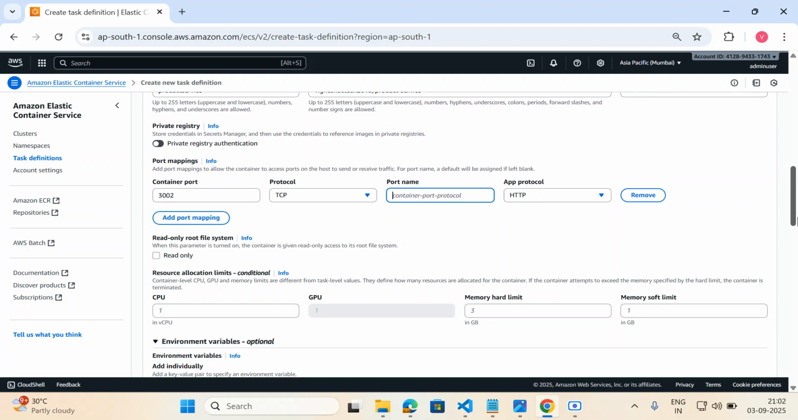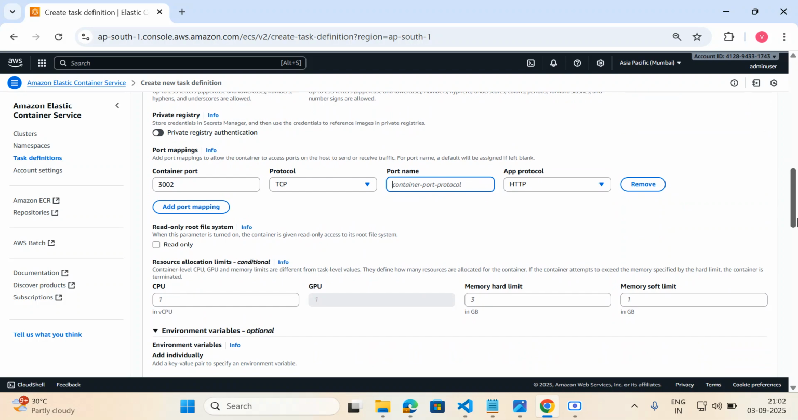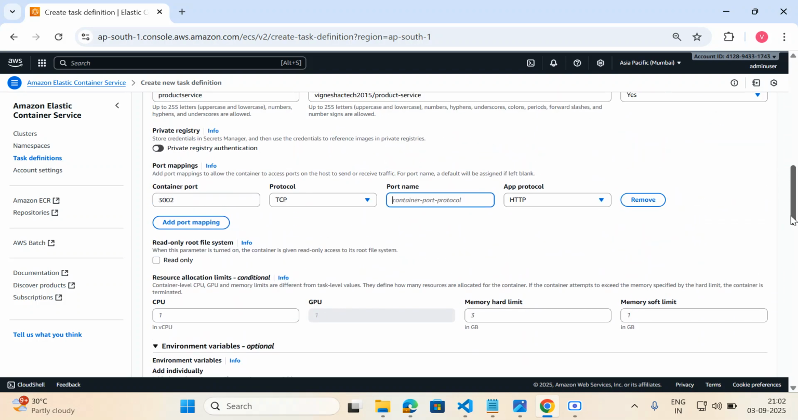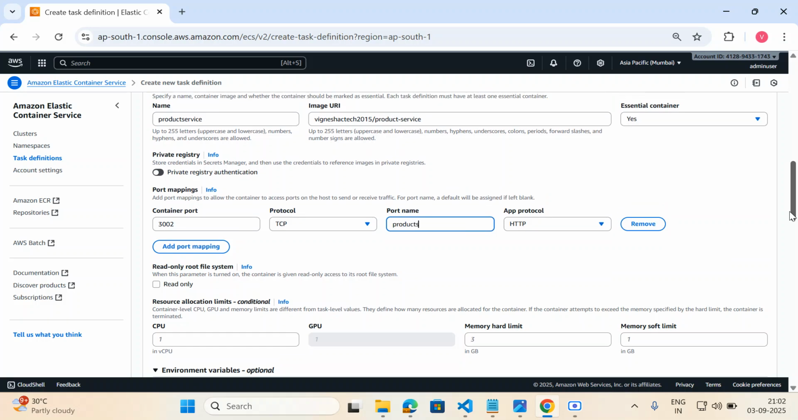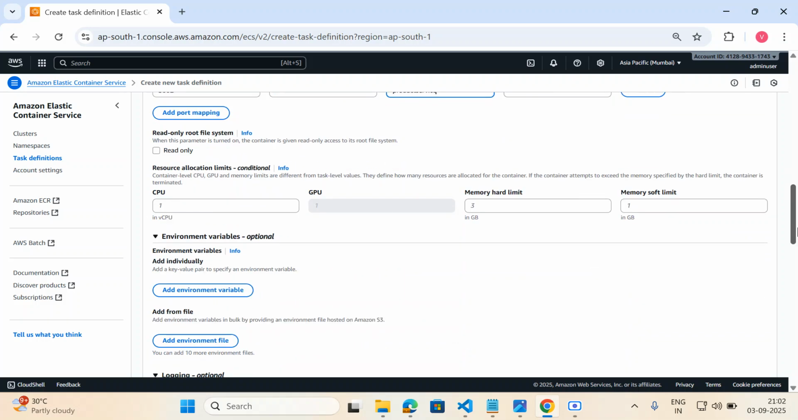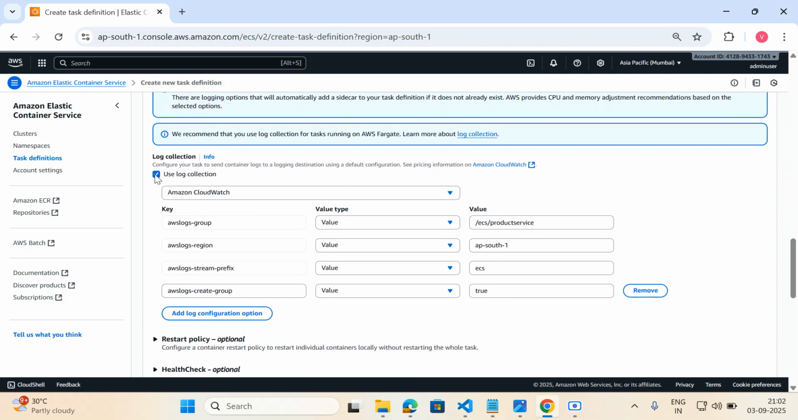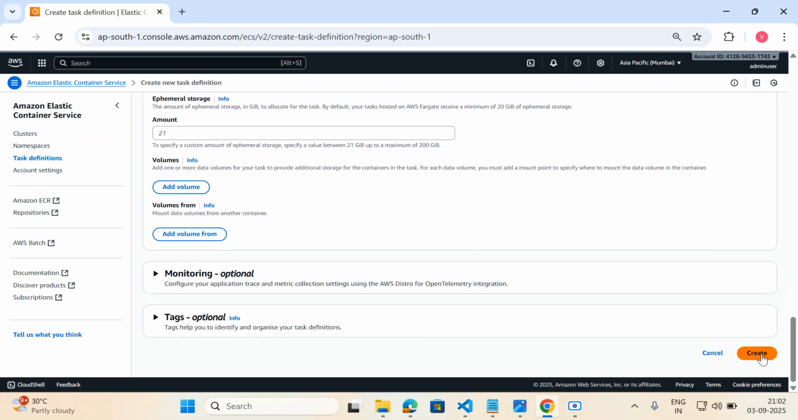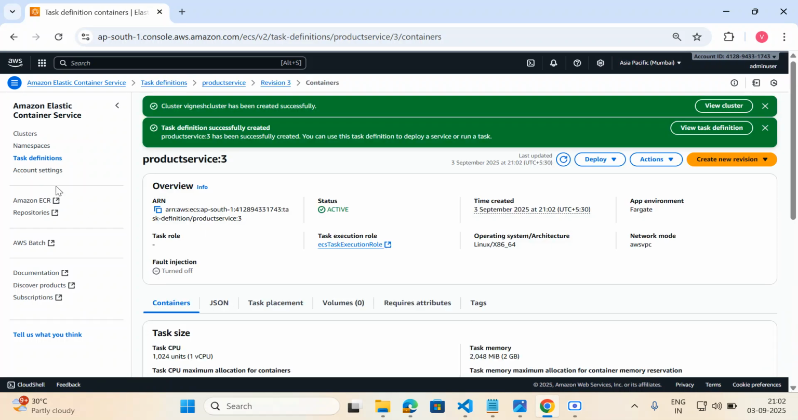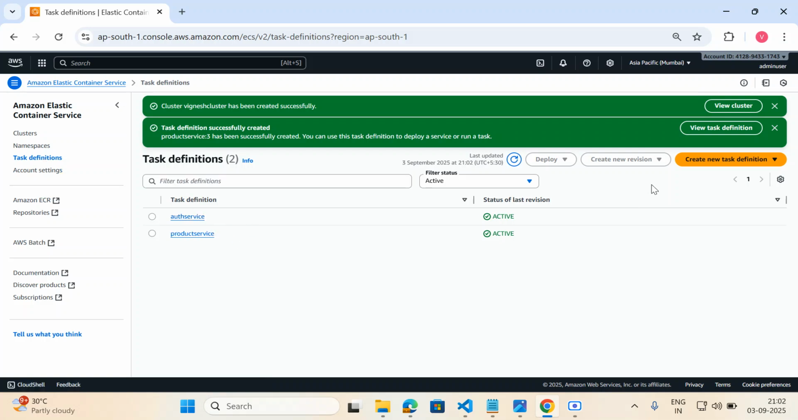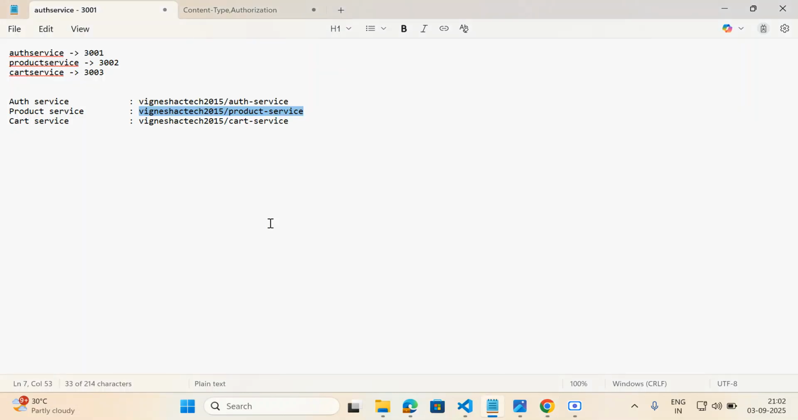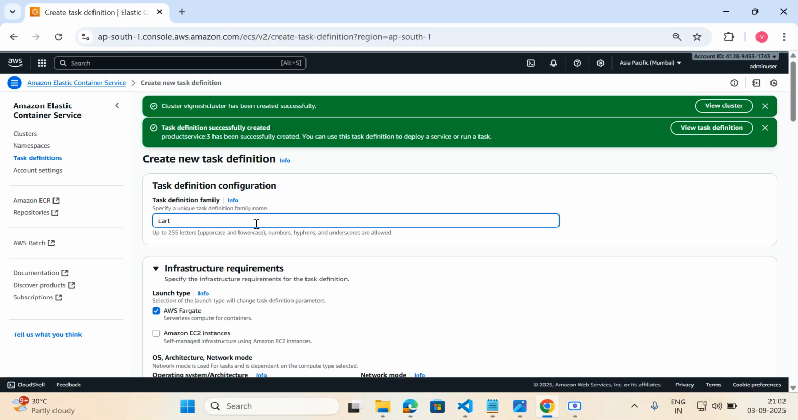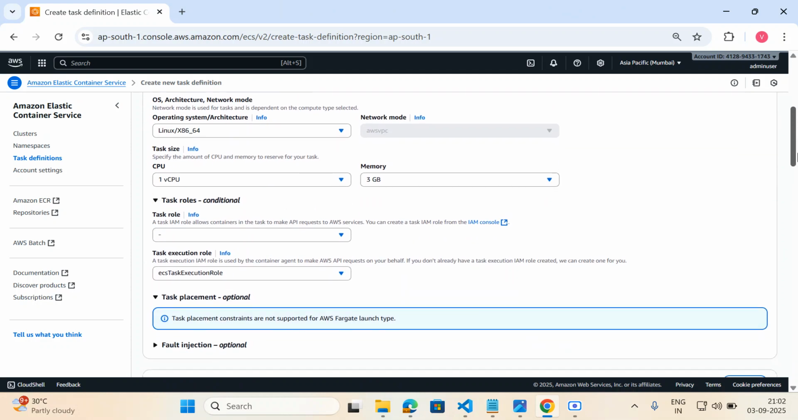this is optional, but anyhow let's name it as product service, and I will just uncheck this as we did for the auth service. And we have created task definitions for auth service and product service. I will create only one more service, and that is going to be cart service. So cart service, and the launch type is going to be AWS Fargate